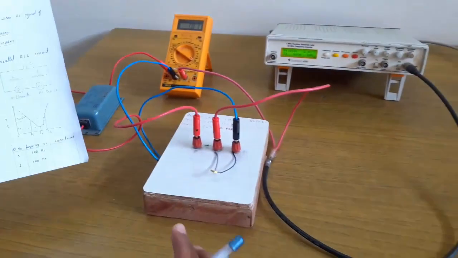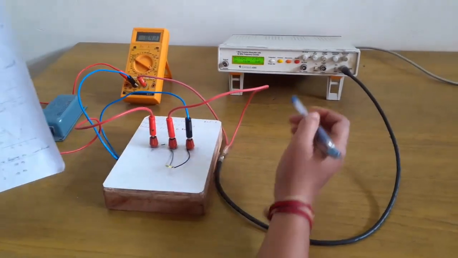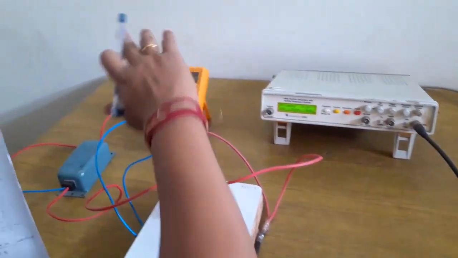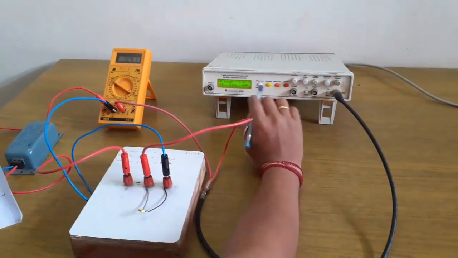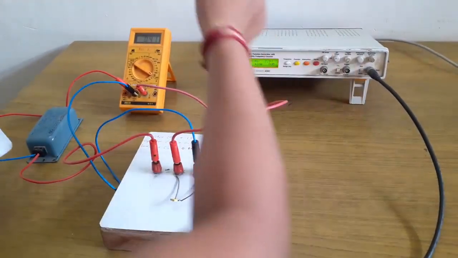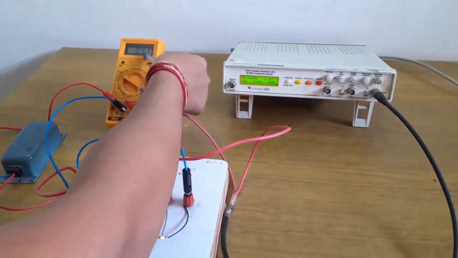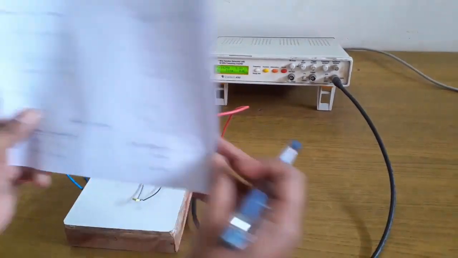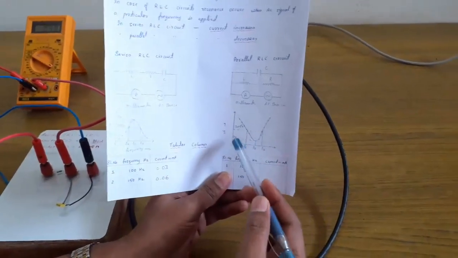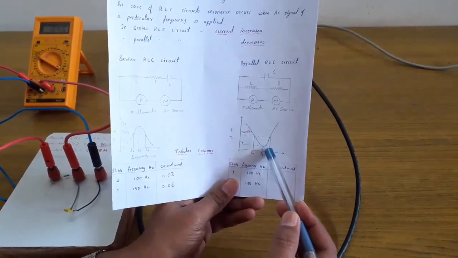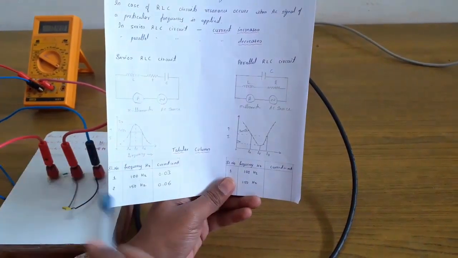Okay. Similarly here also, by varying the frequency through the frequency generator, the corresponding current should be measured. And here initially I have fixed it at 100 Hertz. Okay. The corresponding current is maximum, that is 0.41 milliampere. This means from the graph we see that with varying frequency the current should be decreasing. Okay. Now we will verify through the experiment.